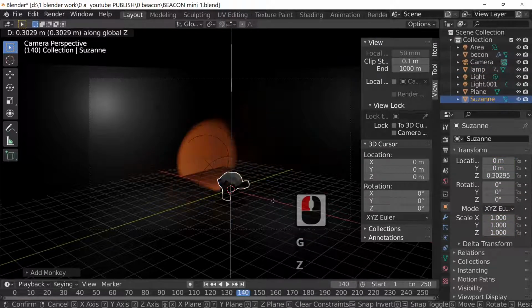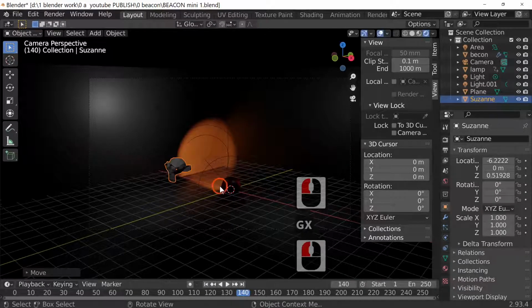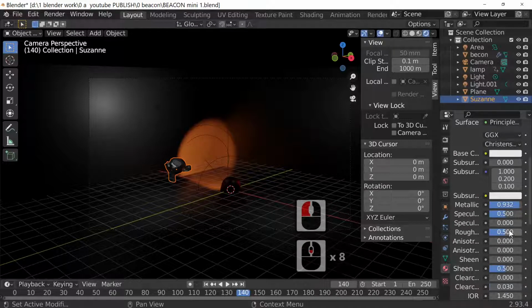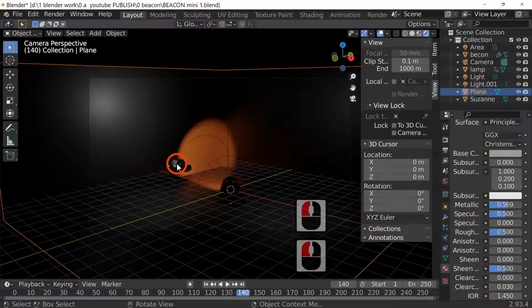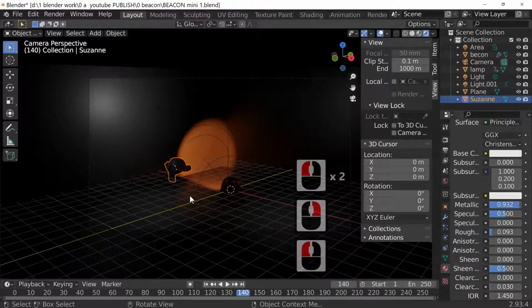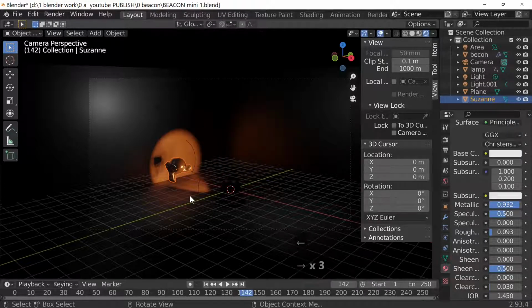G and Z, G and X, add a monkey's head. I'm going to make it nice and shiny just by adding the material into it, and just make it really, really shiny, metallic, like so. And take the roughness down to 0, or close to 0, and maybe add a bit of smoothness into that. Shade smooth. So we've got a shiny monkey's head, and if we just advance it slightly, as you can see,